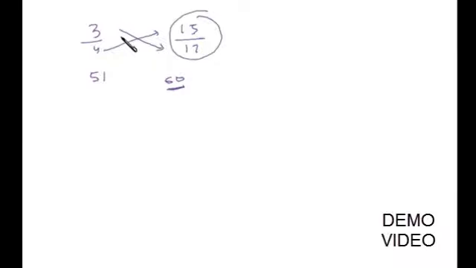Now the next thing is comparison of fractions, that is comparison of proper fractions, right? I have already discussed this technique, but let's have a quick recap. Suppose we have a fraction 3 by 4 and a fraction 15 by 17. If I have to compare which one is bigger, you go for cross multiplication, right? 3 into 17 is 51, and 4 into 15 is 60, right? So 60 is bigger definitely, so 15 by 17 will be greater than 3 by 4, right?